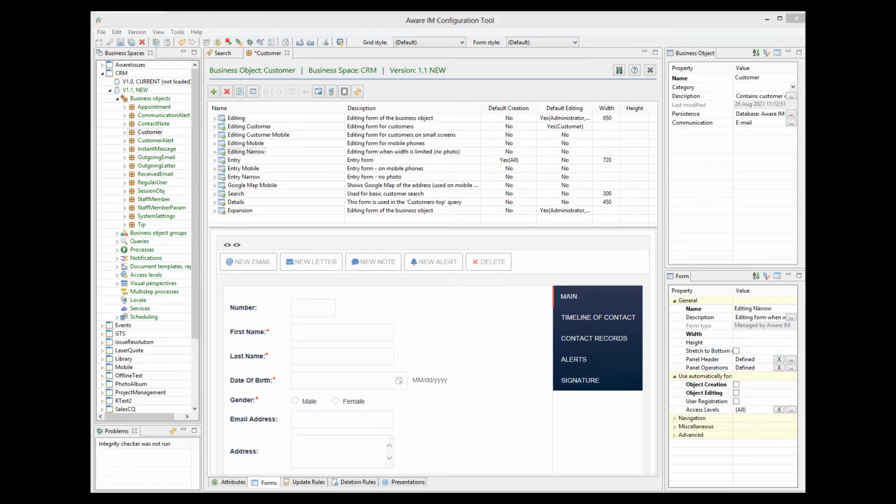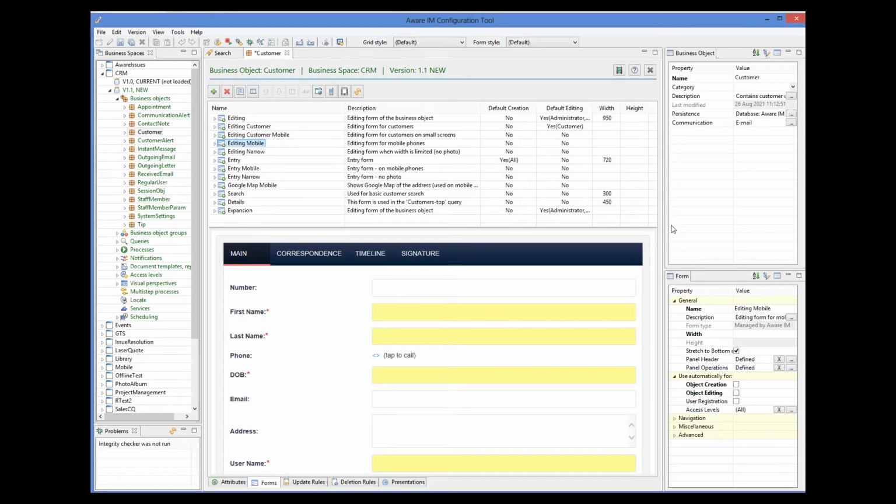Defining panel operations is pretty straightforward. However, buttons generated for panel operations are always outside the form itself. To generate buttons inside the form, we need to use a different technique. Let's have a look at another form of the custom object called Editing Mobile. Let's assume that we want to add buttons that create a letter and an email to the current customer underneath the address field. To do this, we open the form section for editing,